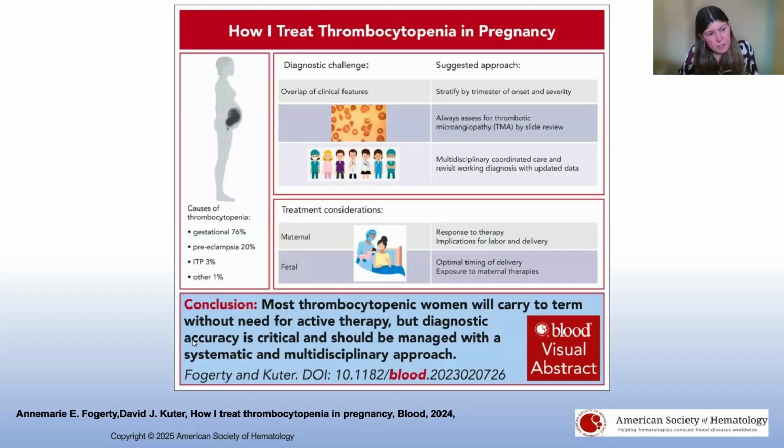Yeah. So I think in the presence of a bicytopenia, it is something to think about, definitely with anemia and thrombocytopenia, but obviously there are many causes for that in pregnancy. So I would have it in your differential, but in that situation, the things that I would do next, if you can do it, would be a blood film. And the other thing that I find a helpful initial test is doing LDH. So having something that gives you a marker of whether there's hemolysis, or reticulocytes or bilirubin, anything else that implies that there may be active hemolysis would then point me more down the MAHA or TMA line.